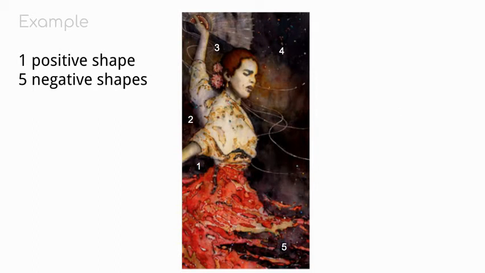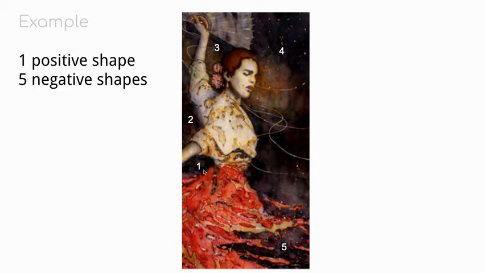Here's a more practical example. We have one positive shape set in a format, and always remember that the shape of the format is a very important consideration that the artist must make. So this one is narrow and tall, and that's on purpose because the artist strategically extended many parts of the salsa dancer right off the format. By doing so, by having her right arm extended behind her, and by extending that right arm and the skirt right off the left side of the format, the artist has therefore